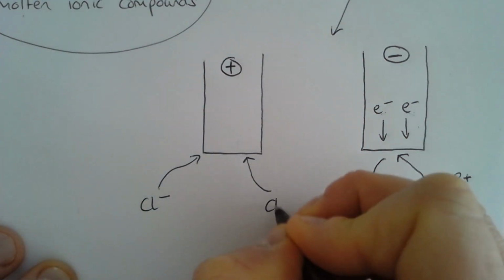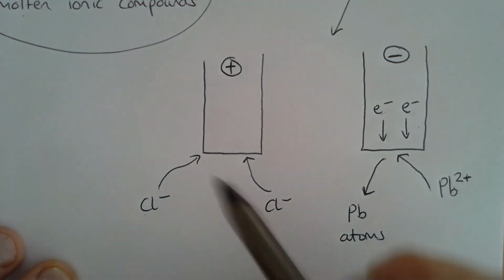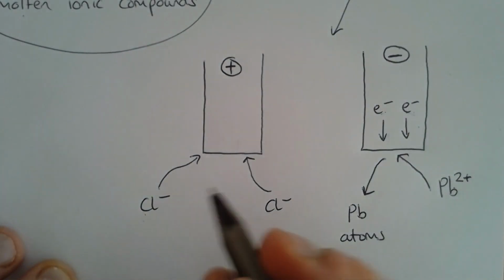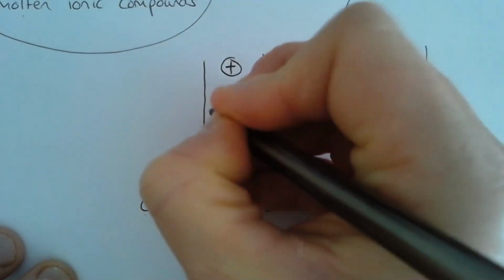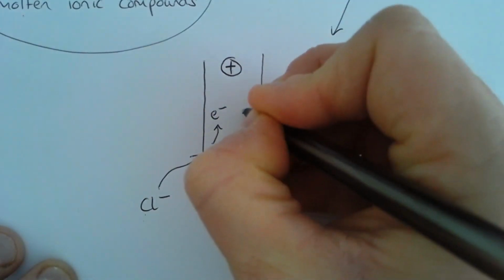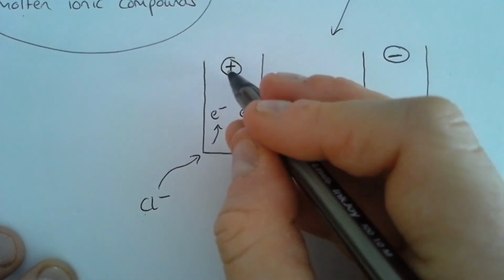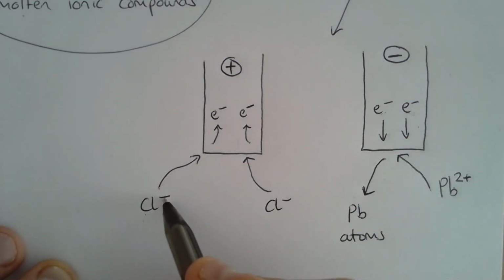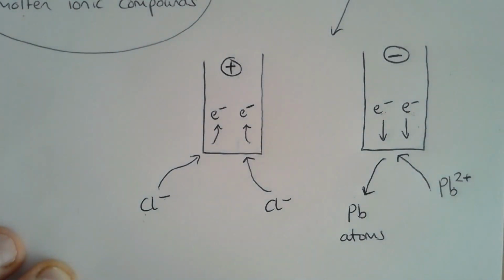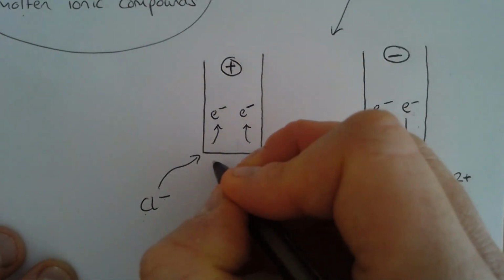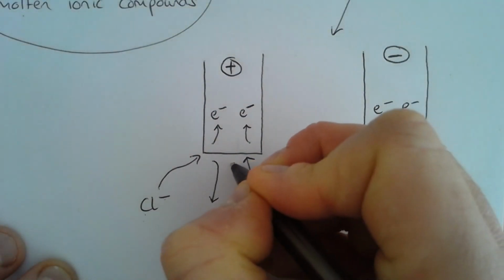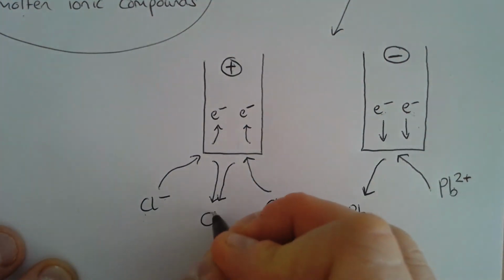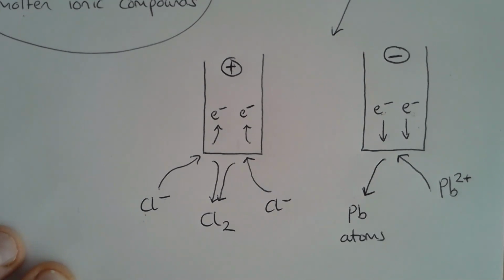So the chloride ions, which have a negative charge, are attracted to the positive electrode, the opposites attracting, and each of these chloride ions is going to give up or release an electron to the positive electrode. So we're neutralizing or getting rid of that charge. That minus charge is being given to the positive electrode. And what happens is those two chloride ions that become chlorine atoms then immediately join together, and we get a